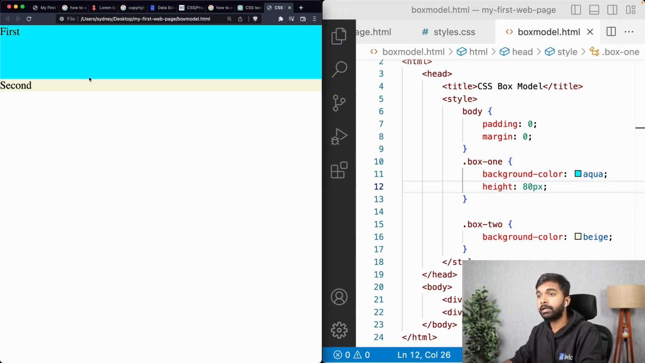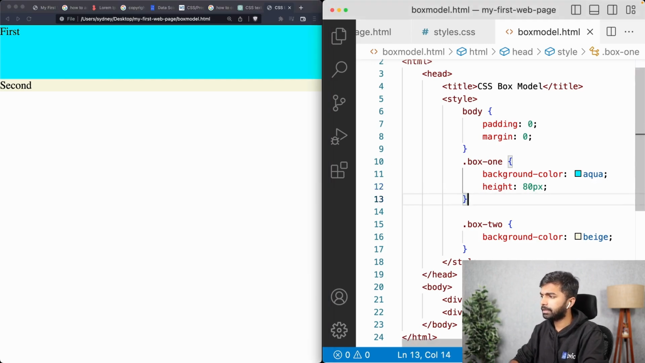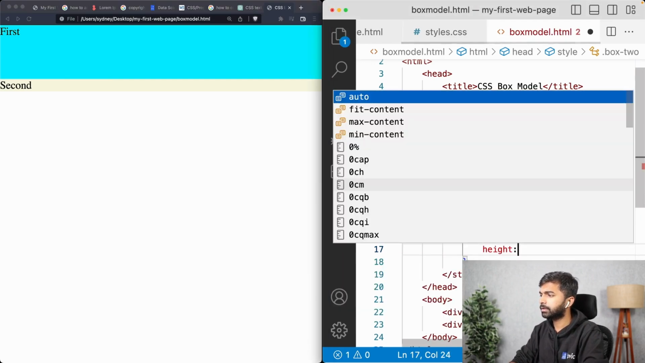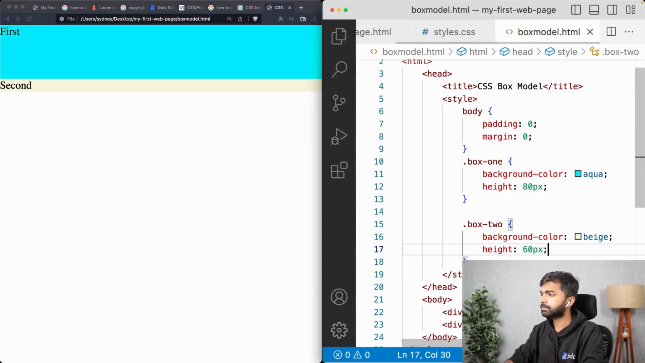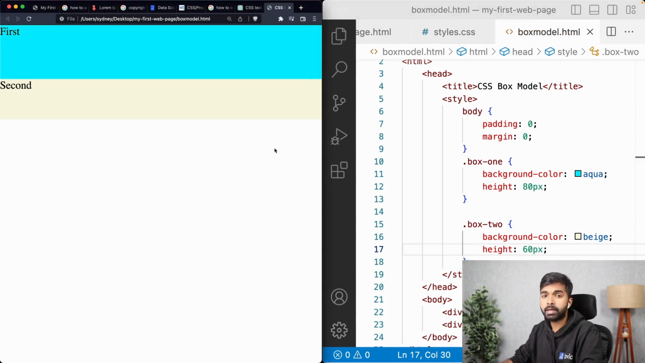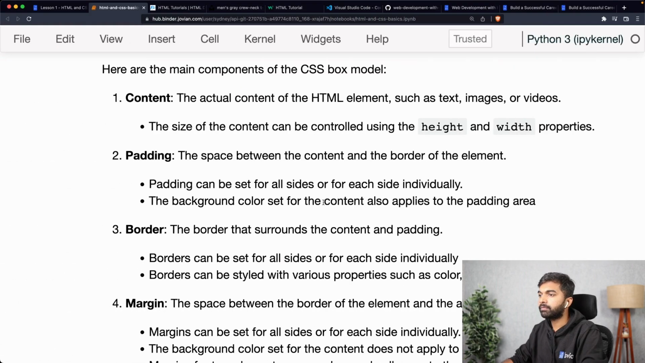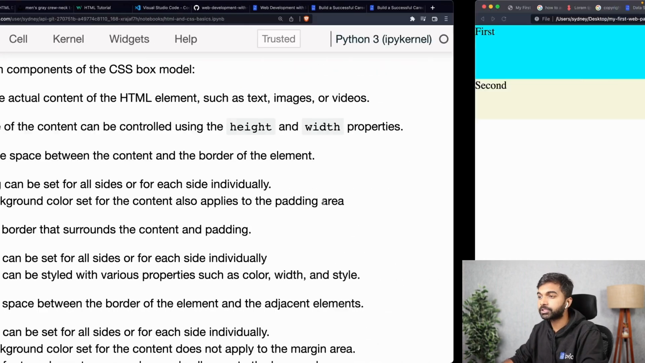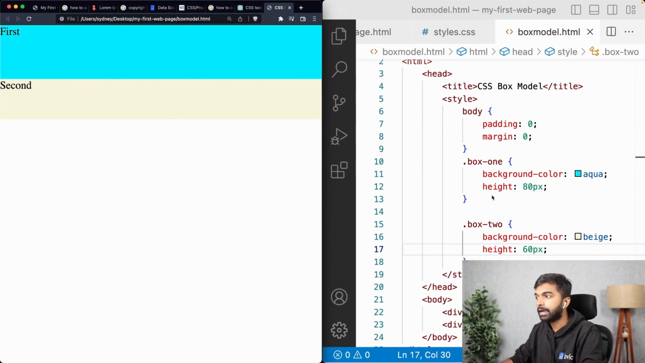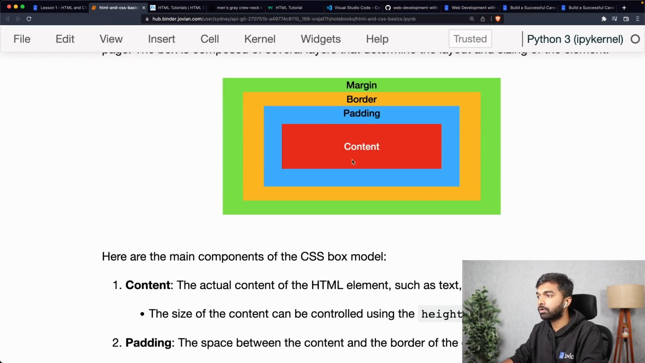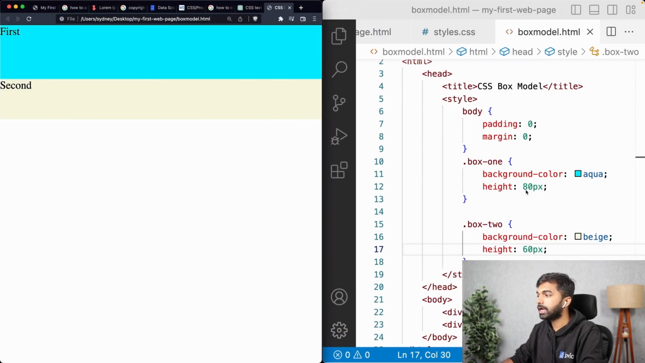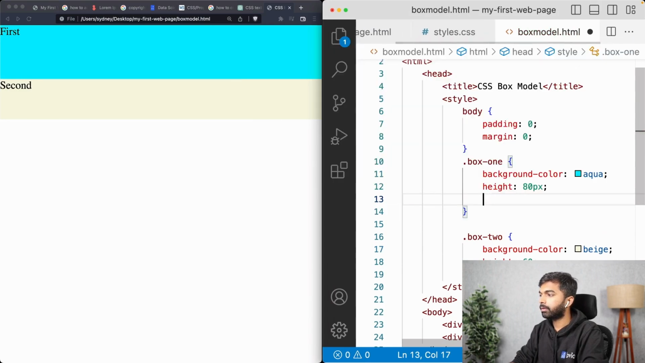Okay, so now we've set the height of the first container or the first box to 80 px, and let's set the height of the second box as well. Height 60 px. So the height of the second box is set as well. So far our boxes just have a content, nothing special. Now the next thing that we can add is something called a padding. Now the padding is the space around the content. So you have the content and then you have padding, which is the space around the content. Okay. So let me add padding 20 px